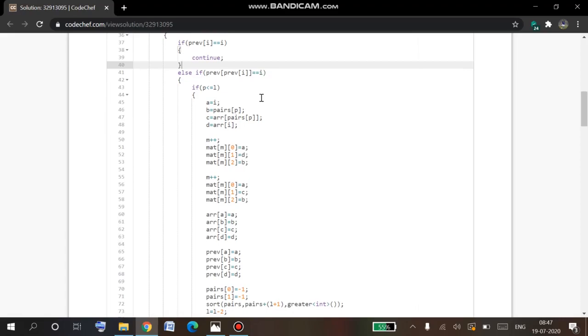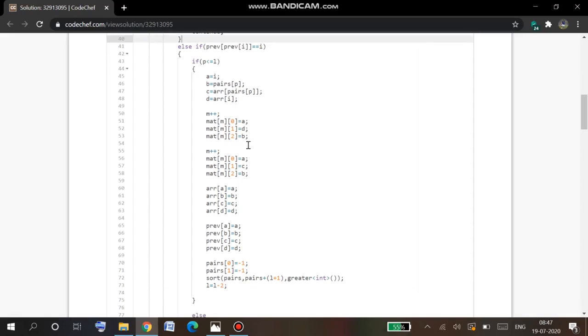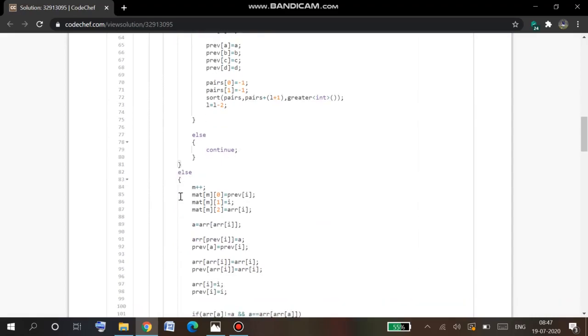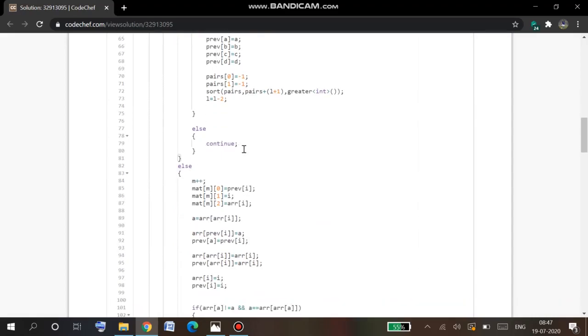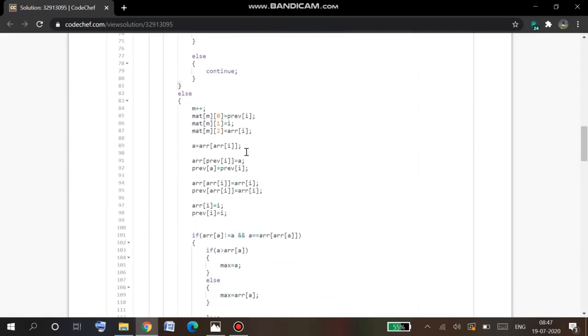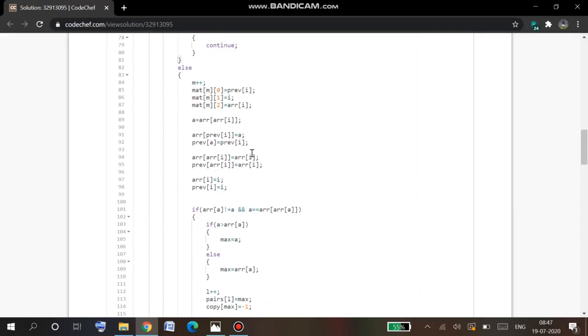Yes, if a pair is formed, and you also have another pair, then you can sort these 4 elements in 2 steps as we have discussed in the video. In the first step we can place one element, and in the second step we can place all the 3 other elements. When you encounter a pair and if you don't have another pair to sort, then what will you do? Then you have to just store these pairs and you have to continue. And let's come to the else case of it. Else case is the normal case, like in 4th index you have 5, in the 5th index you have some other number. So in this step you are going to place at least 2 elements in their position.